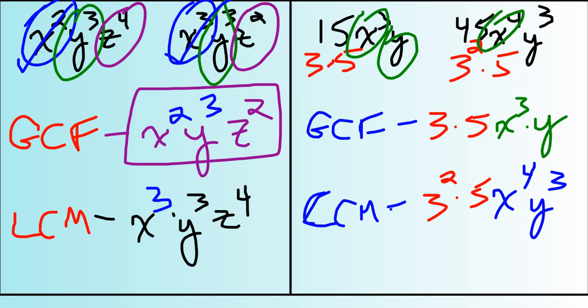Just treat the variables that you see like primes and use the exact same processes that you did to find the GCF